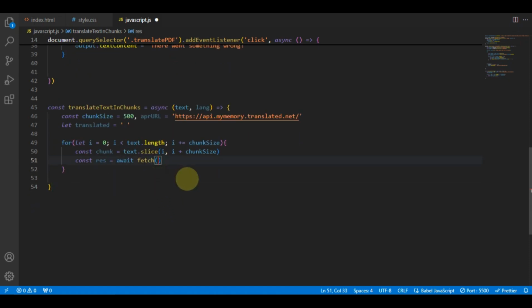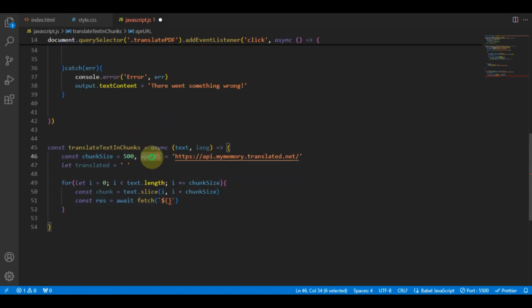And inside this first bracket, we'll take a template literal like this, but mistakenly you should not take a string here. This should be a template literal, and then type the dollar sign and second bracket. And here we should keep this API URL variable name, okay,